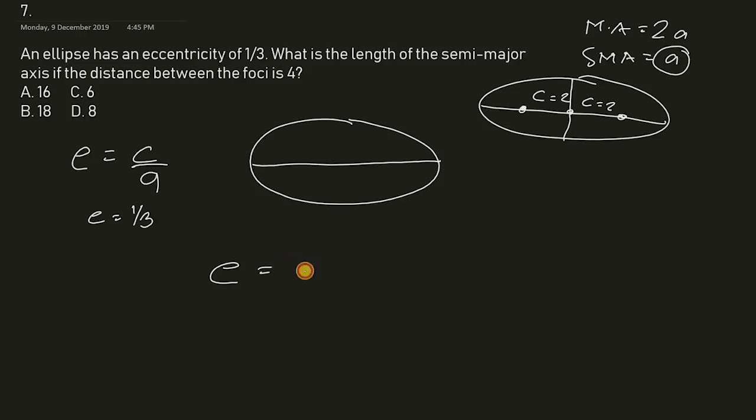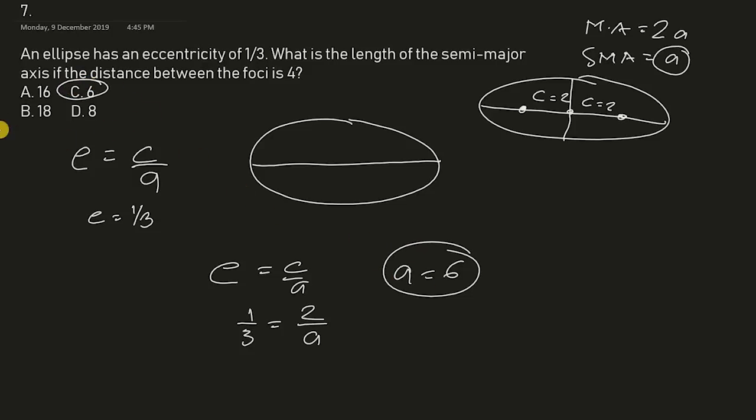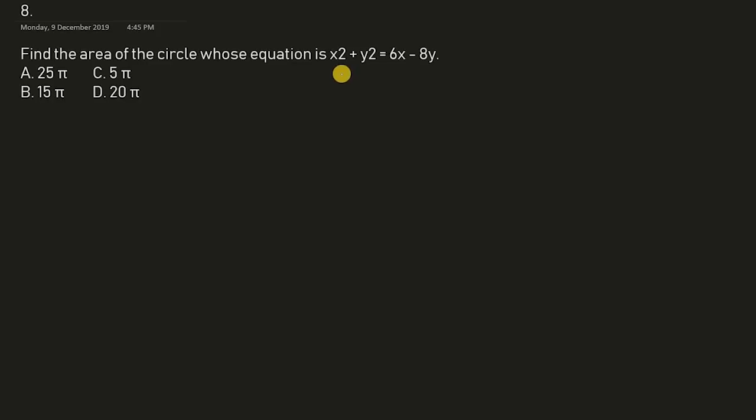So, E is equal to C over A. I have the value of E, that's 1/3. I have also the value of C. I know that it's 2 and I'm finding for A. So, just cross multiply. A is therefore equal to 6. That's letter C. Di ba? The area of the circle whose equation is x squared plus y squared is equal to